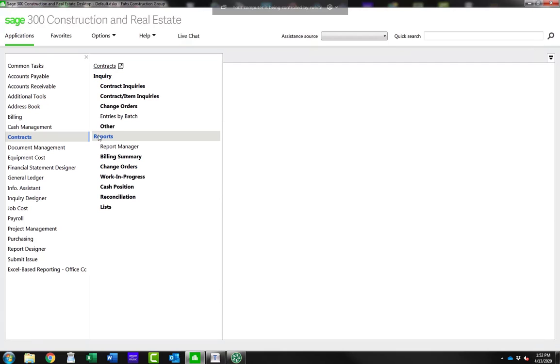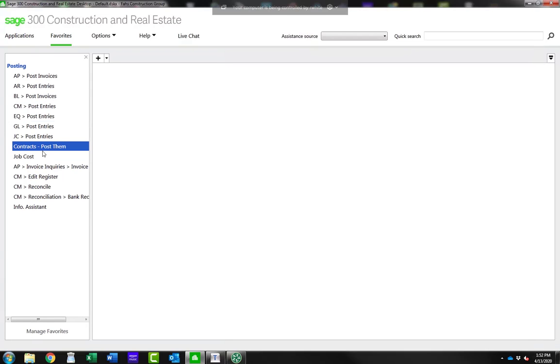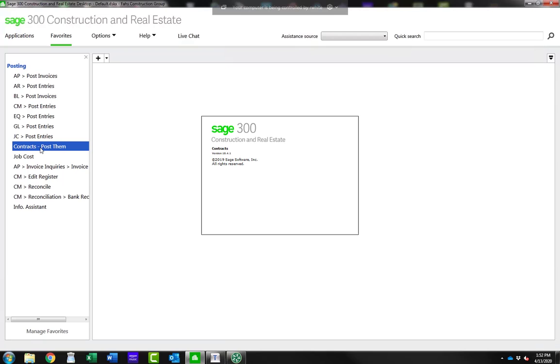You can't close or post contracts from in here. You have to actually go open up the module. So that's what this favorite does, is it opens up the module for me. And then I can go in here and go to tasks, post. And I do that every week. Actually, I usually just use my shortcut, but